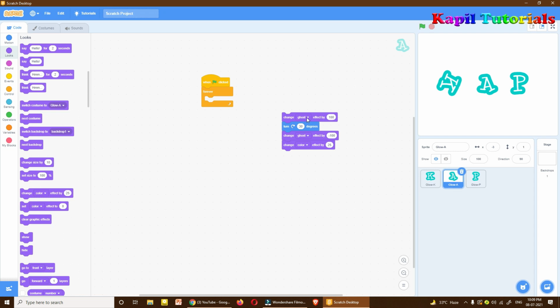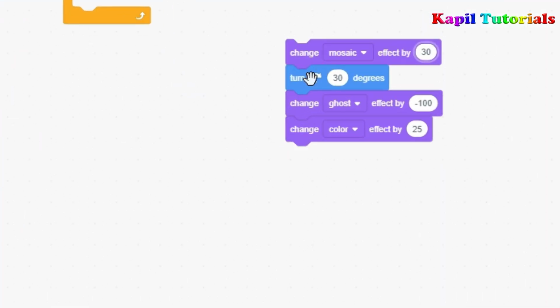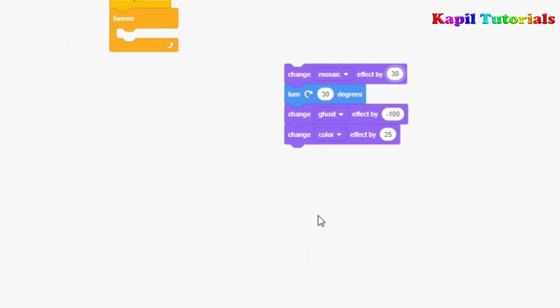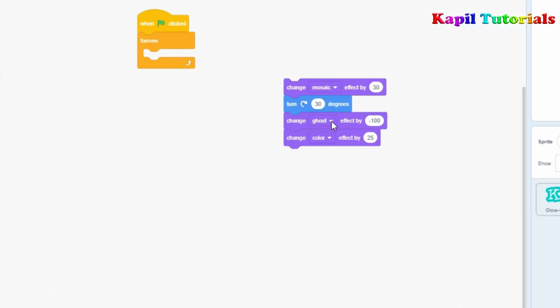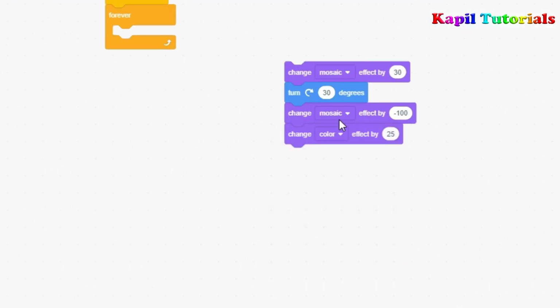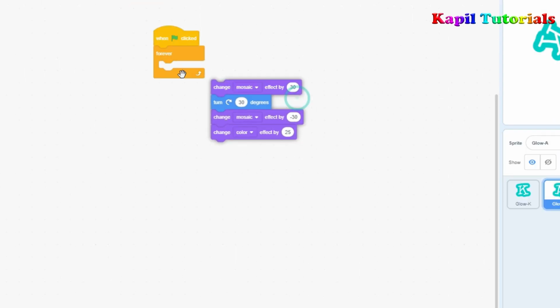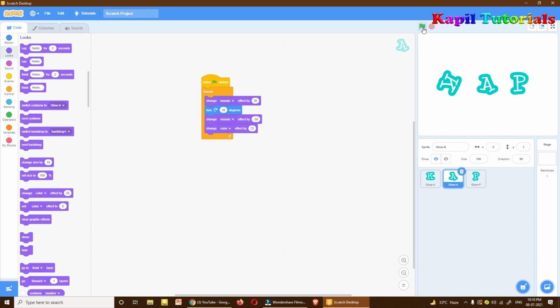Now here I want to change from ghost to mosaic effect. Okay, and I'll type here 30. Then again here also, mosaic effect by -30, and then I'll see if I run this.